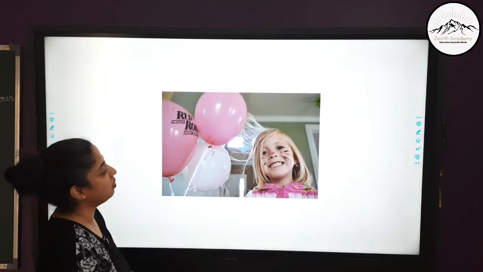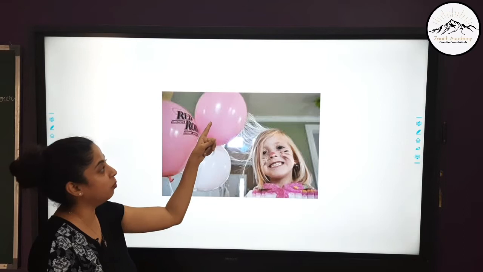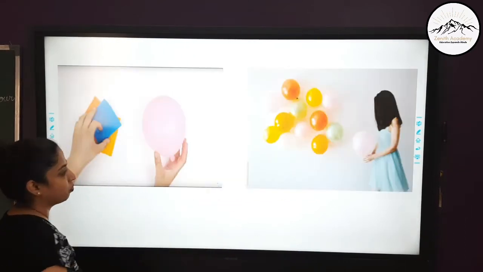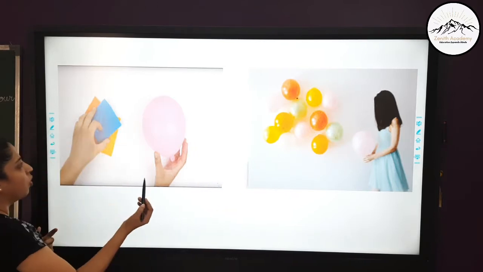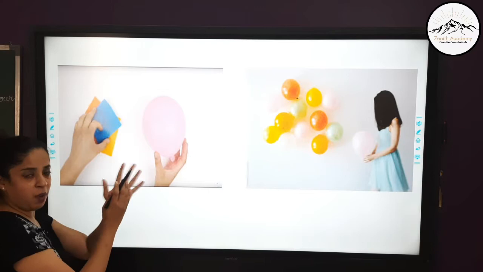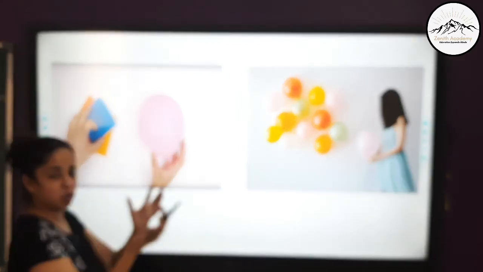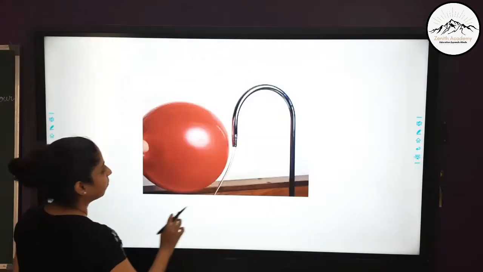Now here you can see this girl's hair being pulled by the charges on the balloon, because the hair is also charged and the balloons are charged too. You all must have tried this in your parties at your home. So what do we simply do? We just rub the balloon with some dry cloth, and then these balloons acquire some charge, and we can stick it on the wall which also has a particular charge.